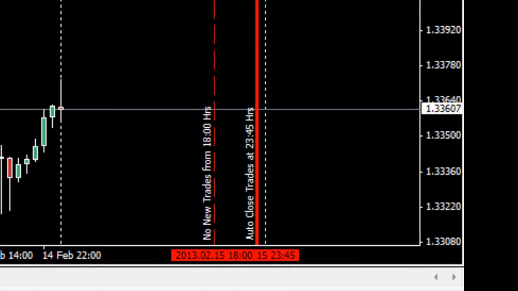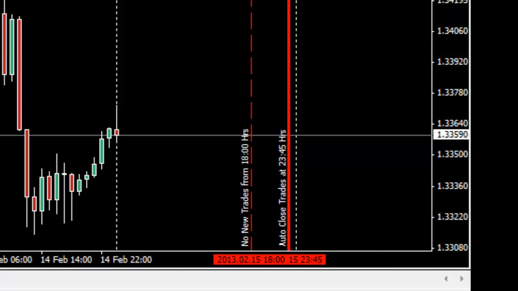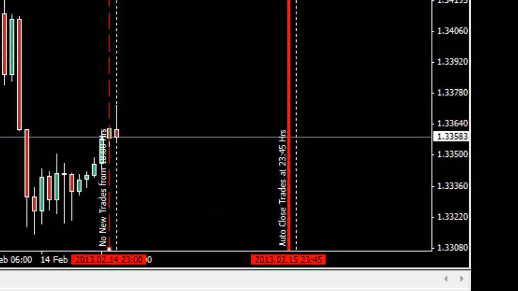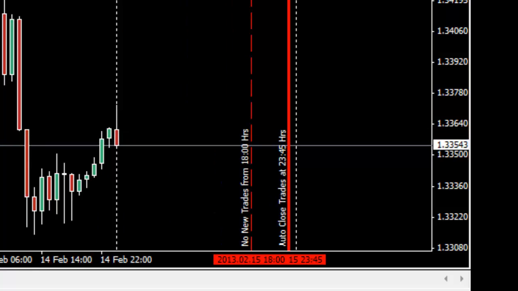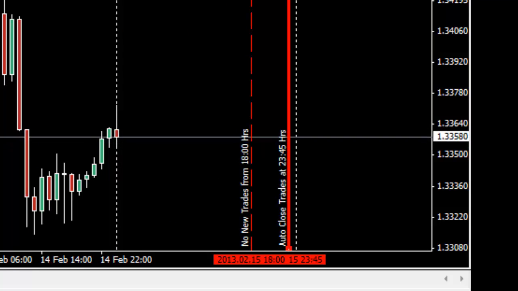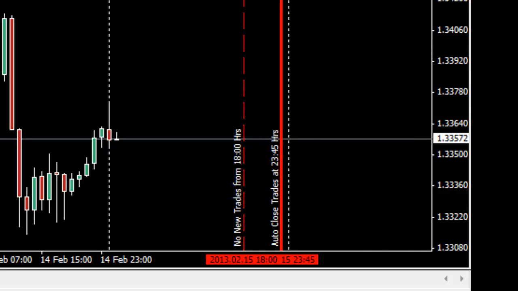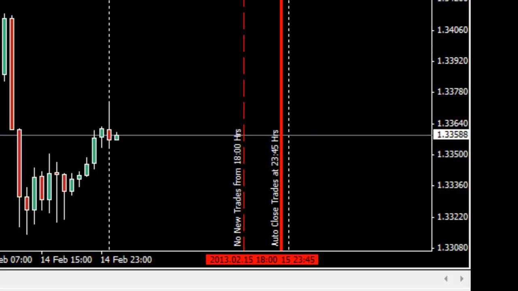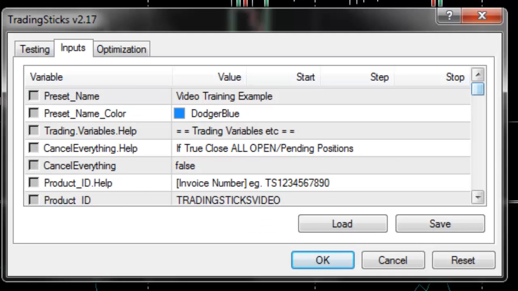Now most lines are dynamic, but if you try to move these lines, they will jump back. The only way to change these lines is within the presets itself. Now let's have a look at a different setup here. So we'll go down to the